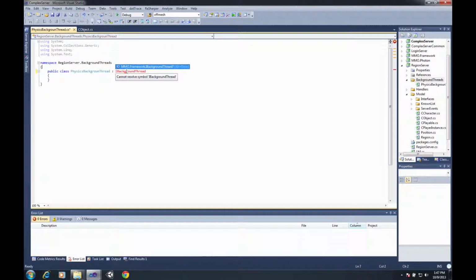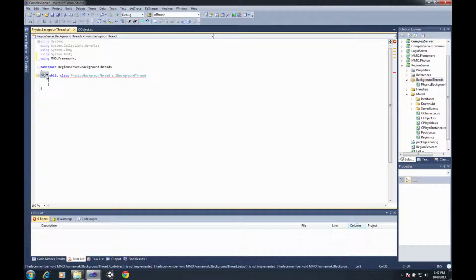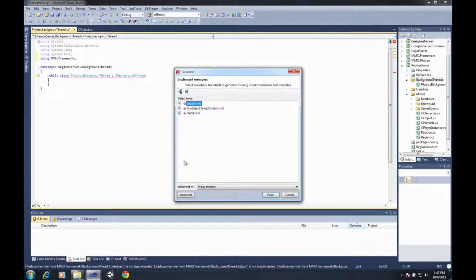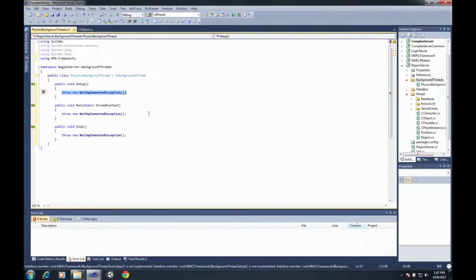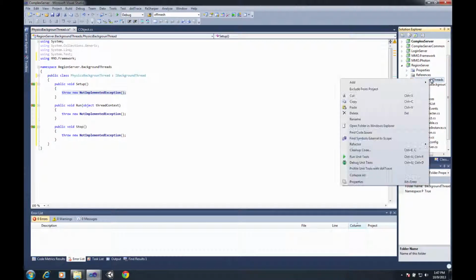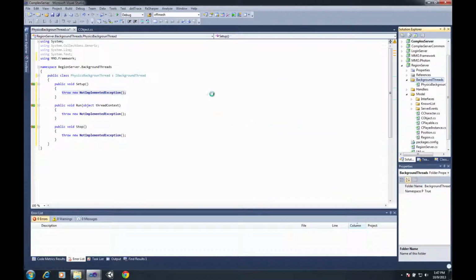There we go. And then I'm just going to really quick go ahead and implement the members so that we do have it compiling correctly. It's just going to have a setup, a run, and a stop. And then we'll be adding things here in a little bit in order to work with our region code, as well as getting us set up with a small area for us to play on